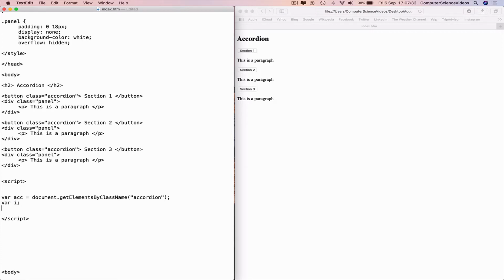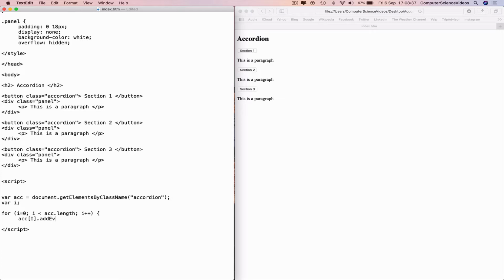And now we need a for statement, i equals 0 semicolon, i less than acc.length semicolon, i increment. And then we need a curly brace, go to the next line and type in acc[i].addEventListener